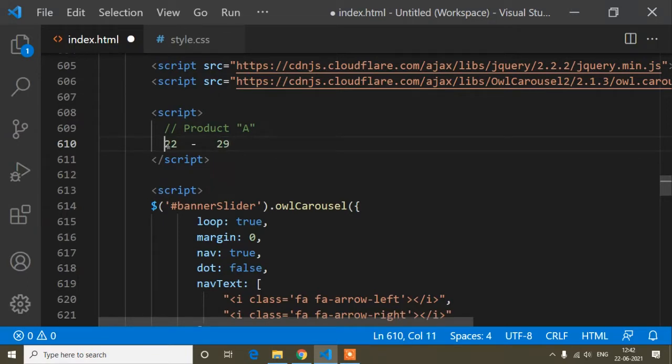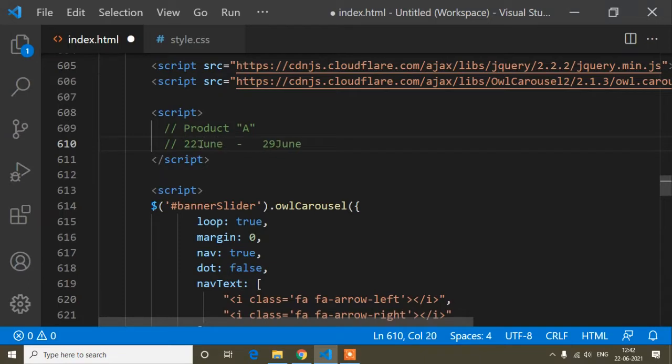So how many days do people have left for getting this offer? That is 29 minus 22, because the offer is still going on up to 29. This month is June, so here I will write the month, so it will be easier, and this one is 22 June.